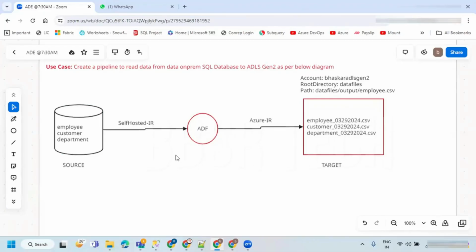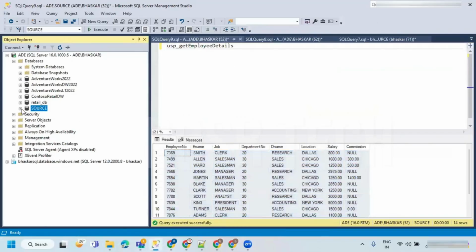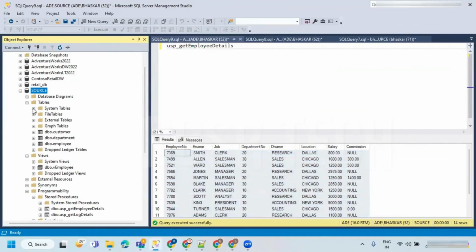Here I have given 3 tables. Today I have 3 tables, maybe tomorrow there may be multiple tables. If you want to know how many tables there are in the data source, just go here. You can see the tables. 3 tables are there. If I have multiple tables, how can you do it?